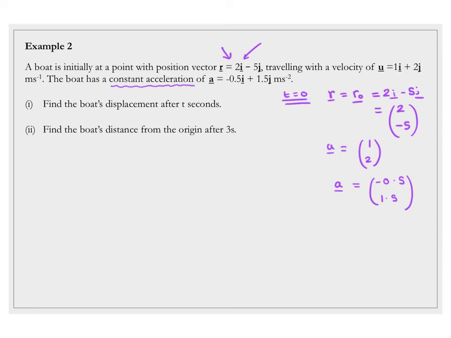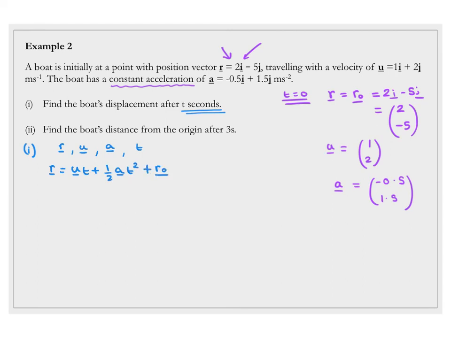meters per second squared. Now, find the boat's displacement after t seconds. So, we're doing this in general format because we're doing this after t seconds. We don't have a specific value of time. So we can use r, because that's what we're actually looking for, u, which we have, a, which we have, and also t in its general format. So the only variable we're missing here is v. So this means I can use r equals ut plus a half at squared